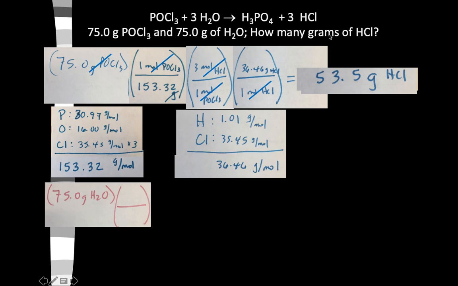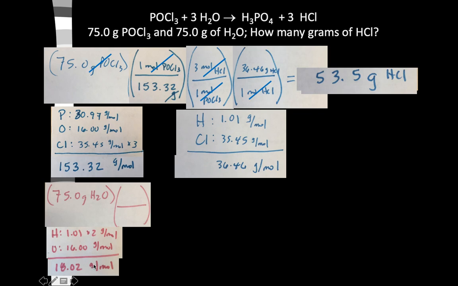So I'm going to start with my other given, 75 grams of water, all the same steps. I need to get to grams of HCl, which means I need to switch over from water to HCl, and I can only switch over if I'm in moles. So I got to go from grams to moles of water. H2 is 1.01 times 2. O is 16. Added up, we get 18.02 grams per mole. And again, these numbers come from the periodic table. I need grams to cancel, so I put the 18.02 grams on the bottom, 1 mole of water on top,